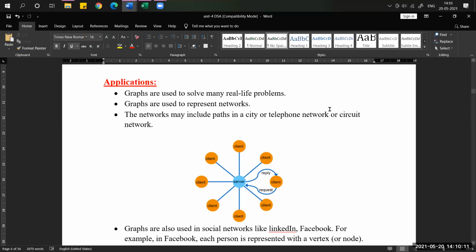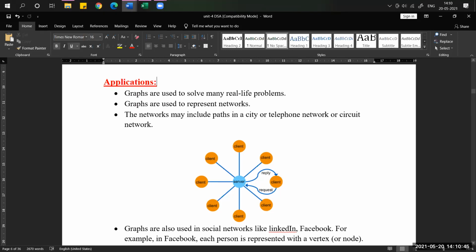So in today's session, we will talk about applications of a graph, and then the memory representations of a given graph, based on directed, undirected and weighted graphs. These are the topics we are going to cover in today's session. Before talking about the representations, first of all we will get to know the general applications with the help of graphs.